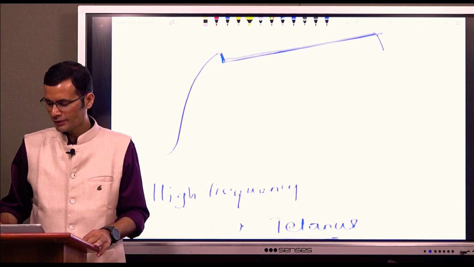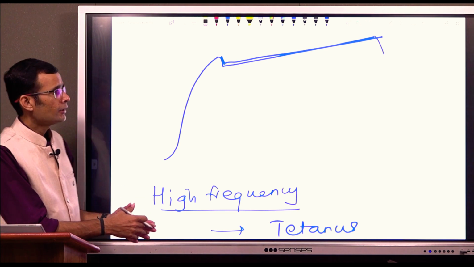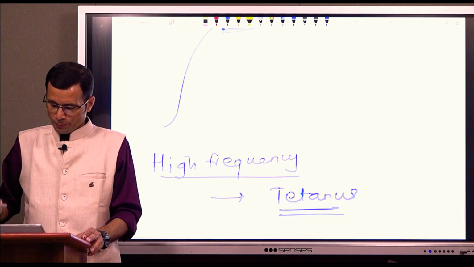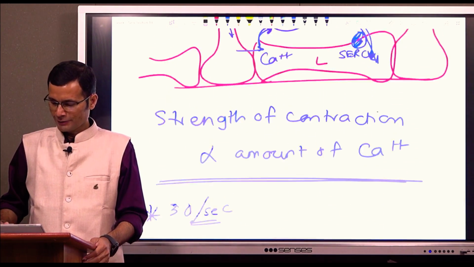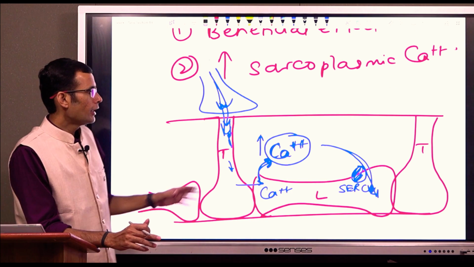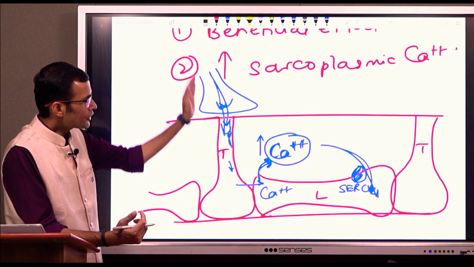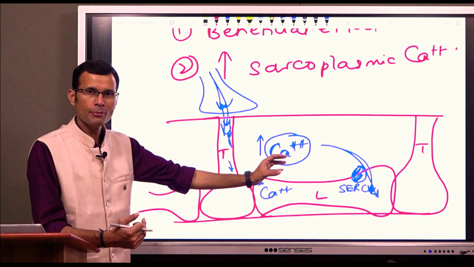So that's a tetanus that we experience in our day-to-day life or routine scenarios of the life. Now, what is the physiological explanation to this? Look, we have seen this, that with each impulse coming from the nerve and causing release of the calcium into the